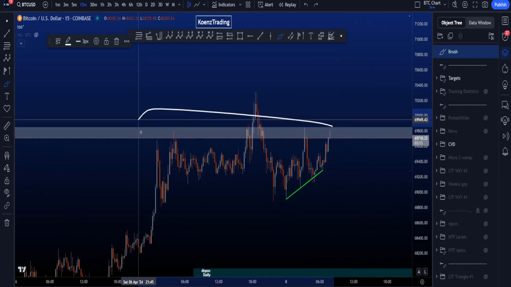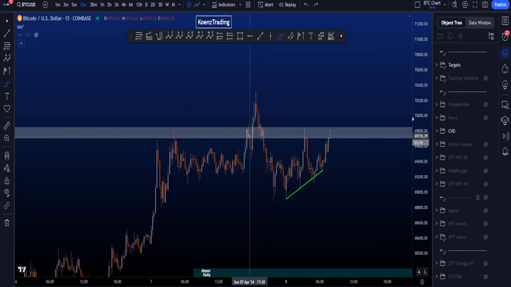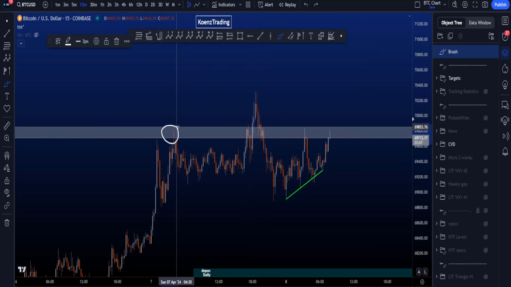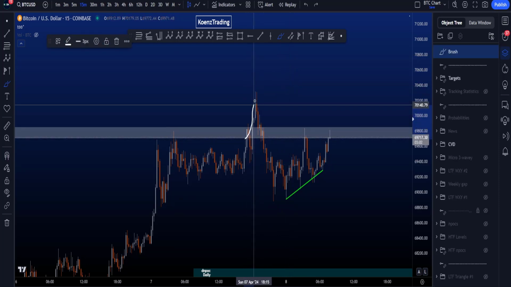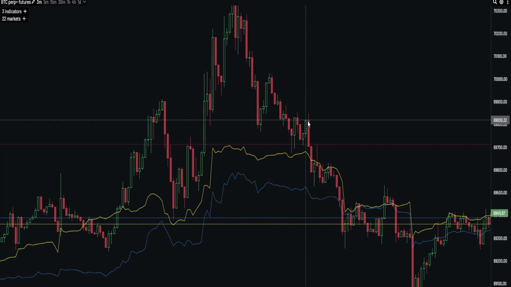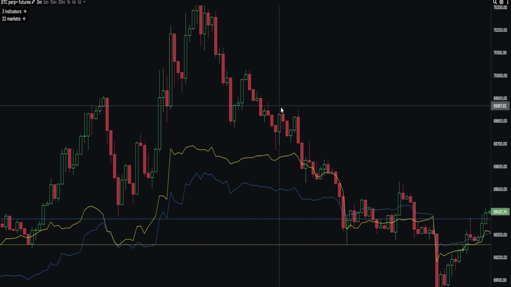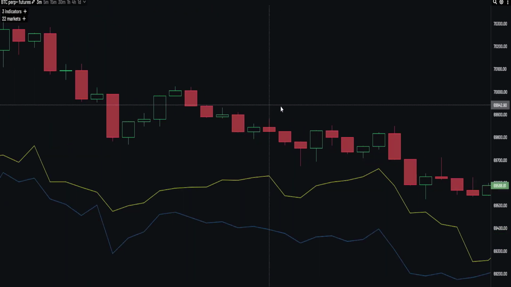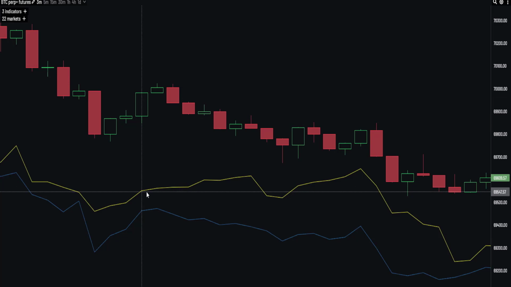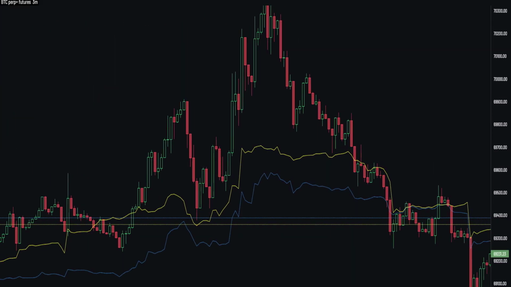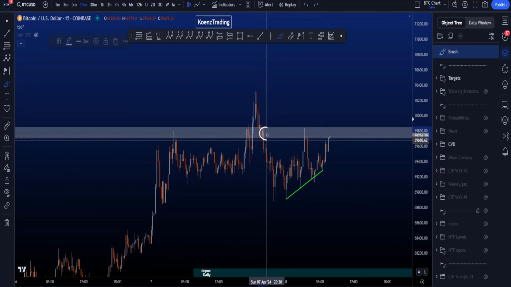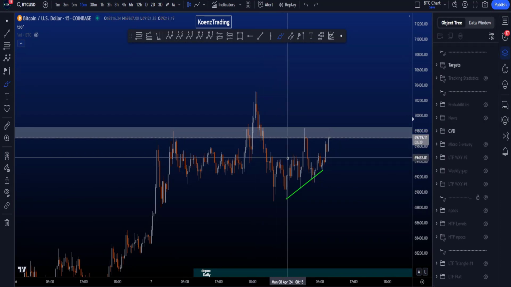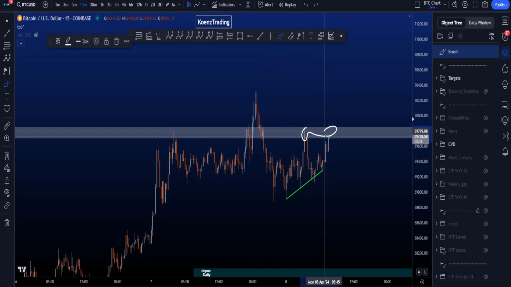Now, locally we have the resistance over here, right, where yesterday in the live stream we were talking about potentially flipping this resistance into support to look for upside and the triple top. However, price moved towards the upside, tried to find a support over here, but as it moved to the downside and tried to find support, it actually created bearish CVD divergences, as you can see here on yellow: lower highs on price, higher high on the CVD, a bearish CVD divergence showing weakness, not strength, increasing the probabilities for this support to break and move towards the downside, which we now have done, and now we are again retesting this